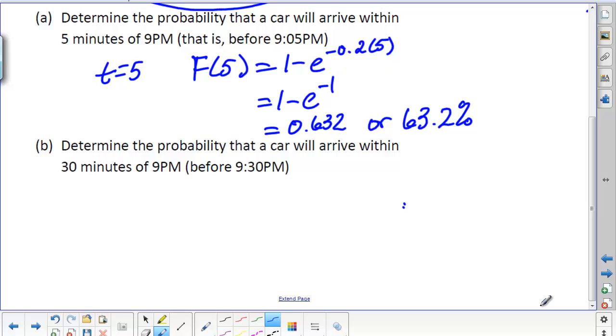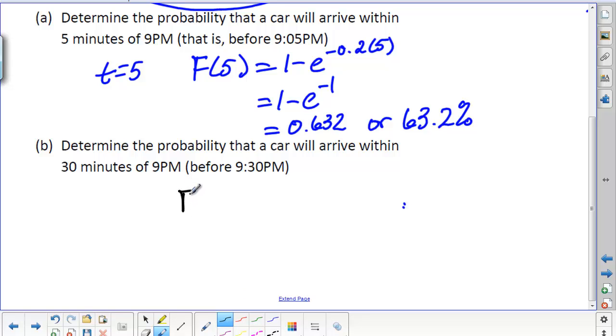Let's look at the next part here. Determine the probability that a car will arrive within 30 minutes of 9 p.m. Now, if you just think about this, what answer would we expect there? 12 cars per hour arrive, and we sit there for half an hour. We would expect that at least one car is going to show within that first half hour, right? If it's 12 cars per hour. And so if we plug in,